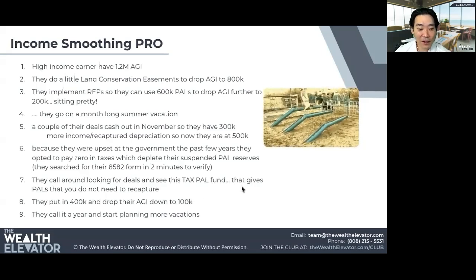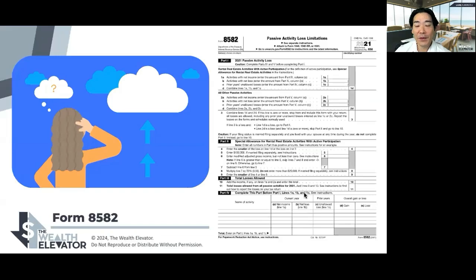This is how the cool kids are doing it. I mentioned the 8582 form several times, but this is what it looks like. Mine's pretty long. I still don't know how the heck to read this thing. I suppose you could upload yours to ChatGPT and ask it, how much passive losses do I have? And then, of course, you email it to your CPA and ask them yourself, because that's their job, to report back and translate things like that.